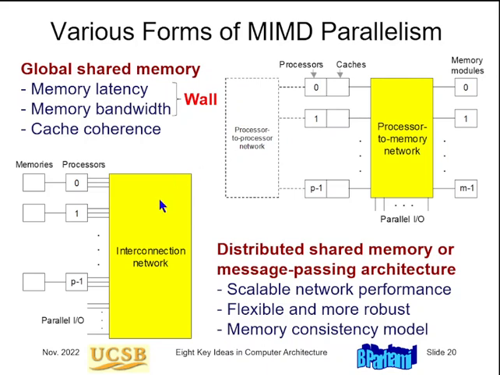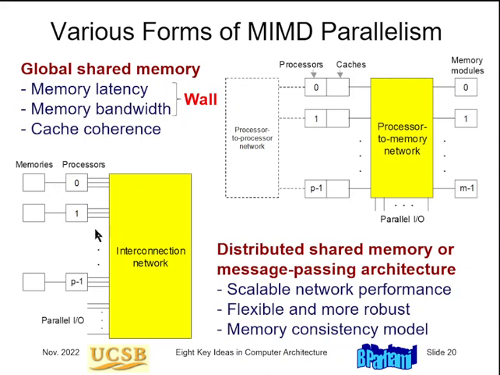A second version of this MIMD parallel processing is each processor having a private memory, and then all the processors connected to each other through an interconnection network. So the way we devise algorithms for these computers is that we try to write the code for the processor, and distribute the data to these memories, so that most of the time processors access local memories. Occasionally they will have to go to remote memories,